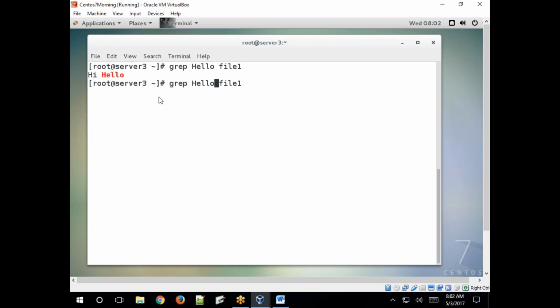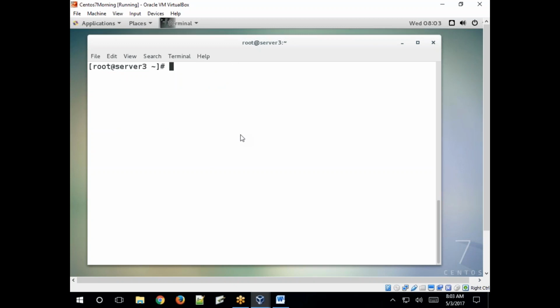For example, search for H, and it will print only that particular line. Or take another one, for example, i. It returns two lines here, because we are matching a pattern, not a whole word. In hi, H-I, the i is there, right? In Linux, the i is there, matching, and in Unix, U-N-I-X, the i is there. Clear?